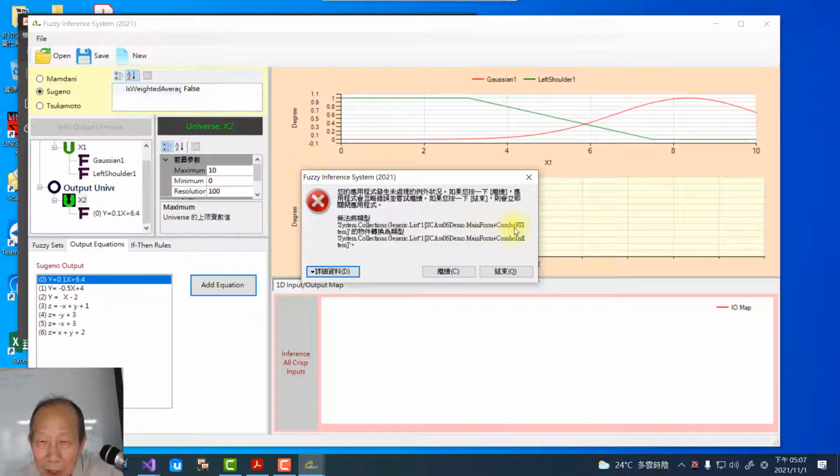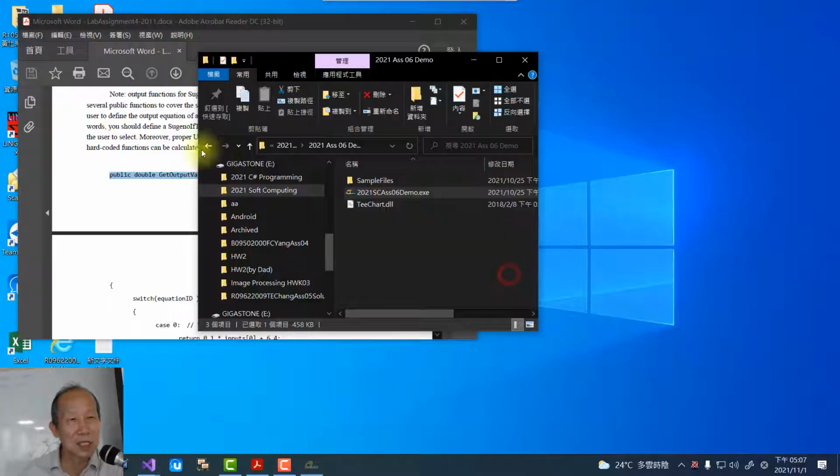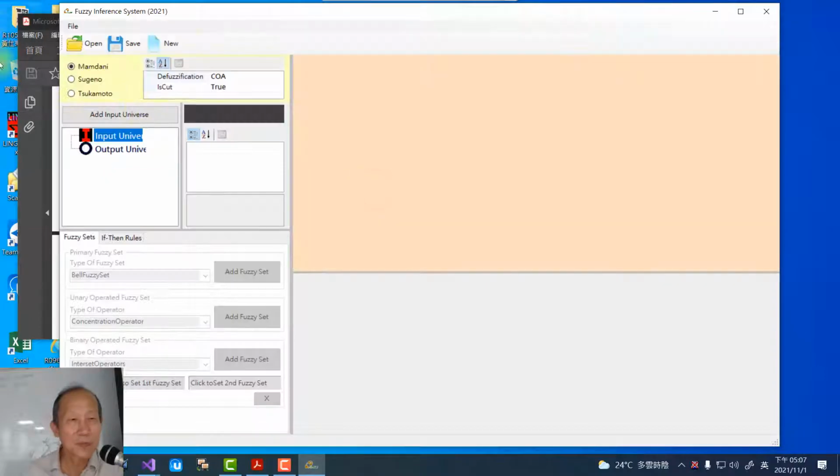Main phone combo. Alright, definitely I have a problem. Anyway, I just load from the saved file. Okay, so let me open